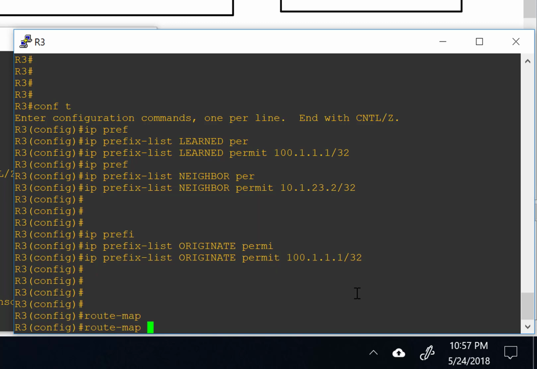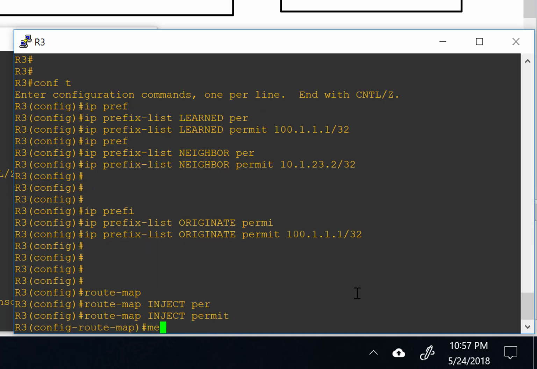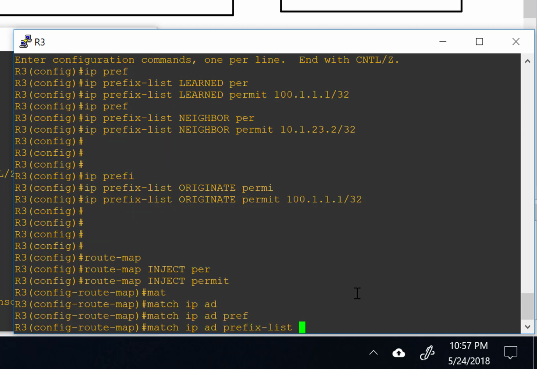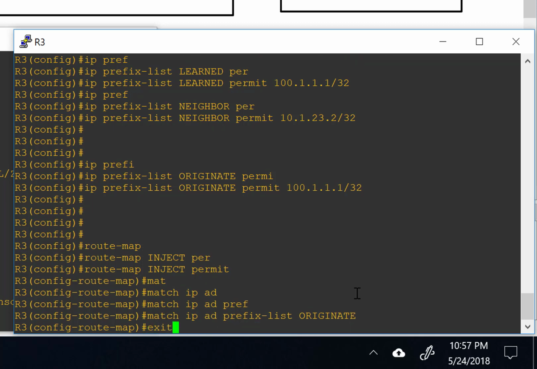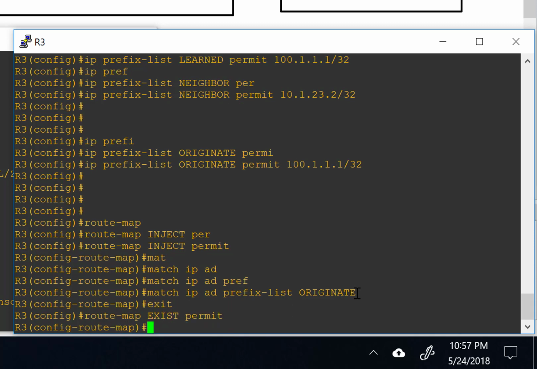I like to call them route map inject, because this is going to be our inject map, and match IP address prefix, and this is going to be originate. Now we're going to do a route map, and I'm going to call it exist, and this is going to be our exist map. And here we're going to do,